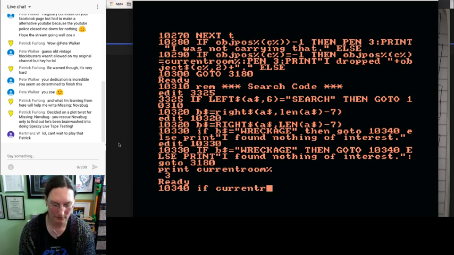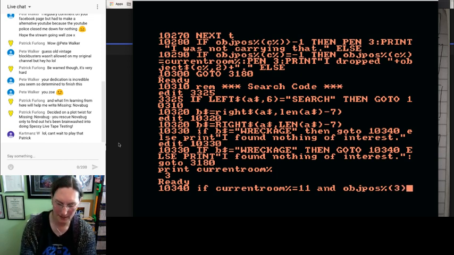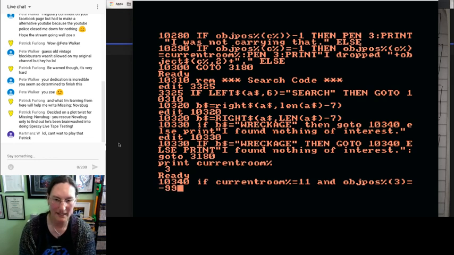If current room percent equals 11, and object position percent of 3, because it's the third item, equals minus 99, then go to 10350, else print